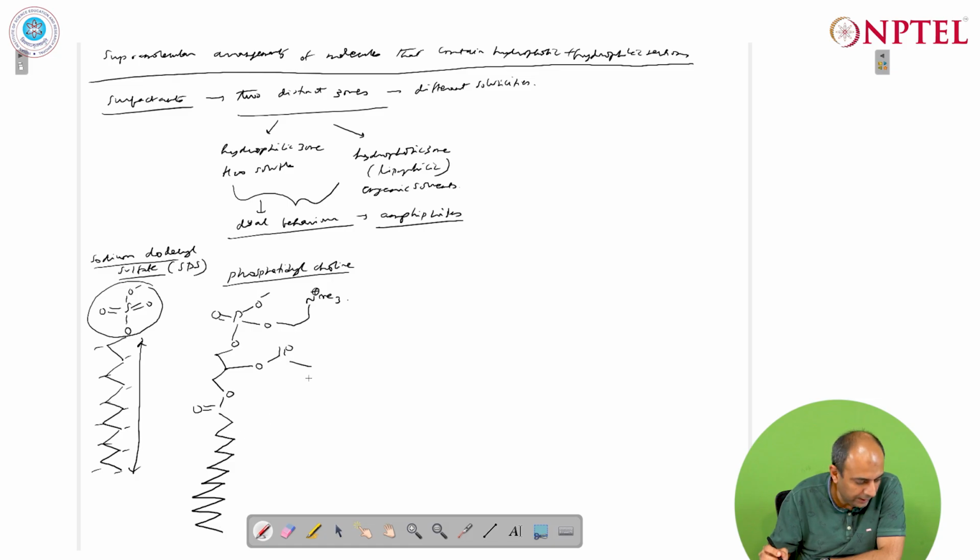So we have this chain here and we again have this chain 1, 2, 3, 4, 5, 6, 7, 8, 9, 10, 11, 12. So, we have this phosphatidyl chain and again this is the lipophilic part and this is the hydrophilic part,